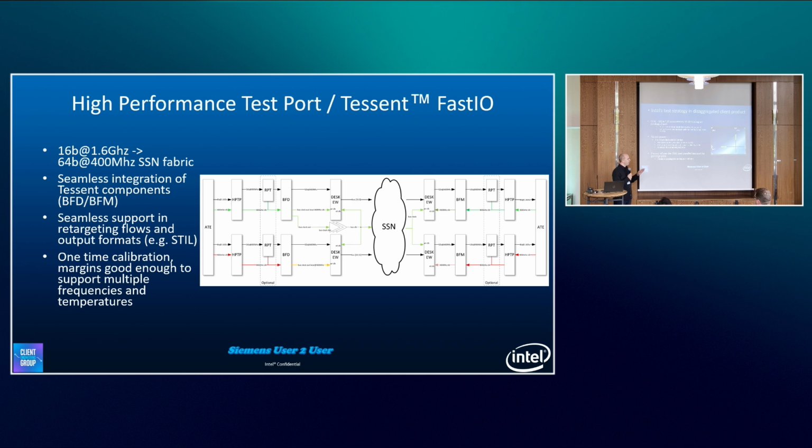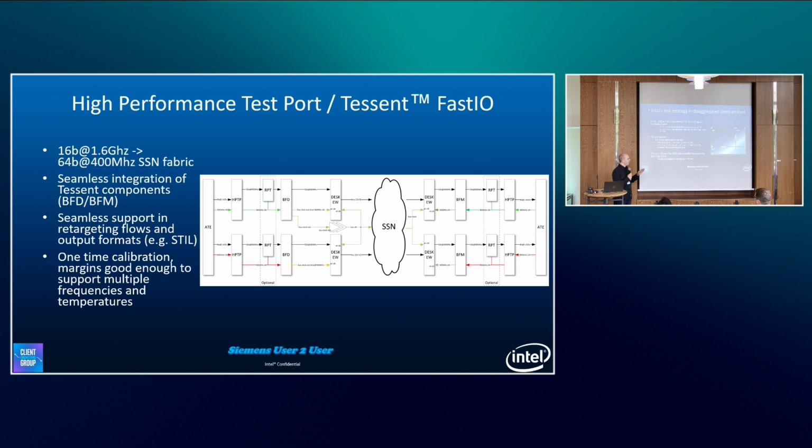Tessent retargeting had no issue with handling that. There are different numbers of repeaters, where you see the repeater, the pipe stages. We had different numbers of pipe stages going from the HPTP into the BFD components and onto the SSN network. That works fine as well. That gave us freedom to place the I/O where we need it, with as many pipe stages as we need